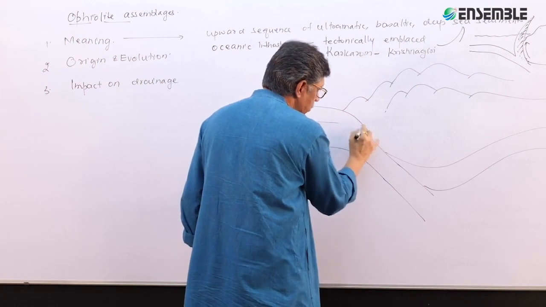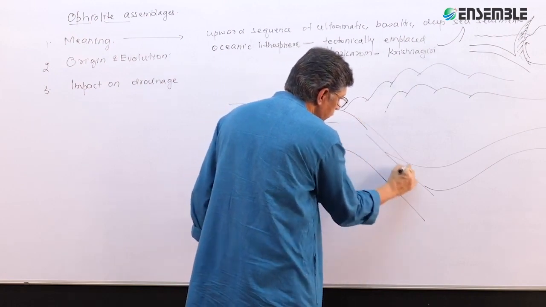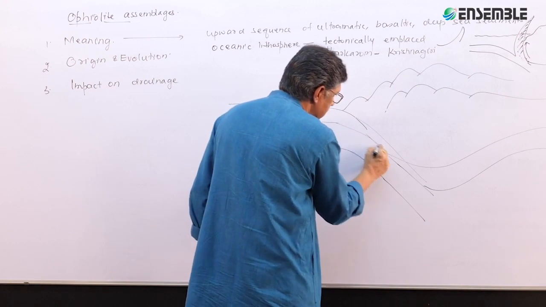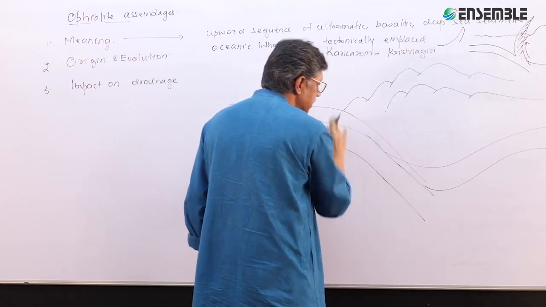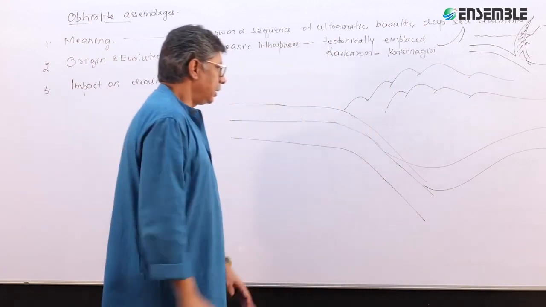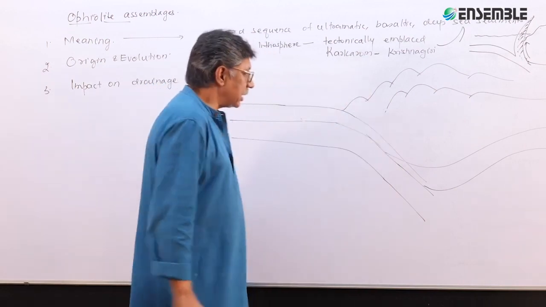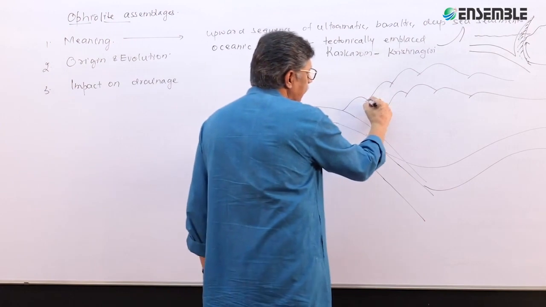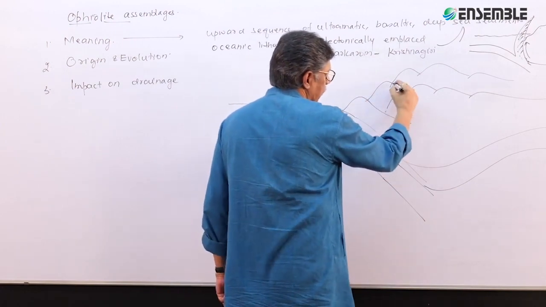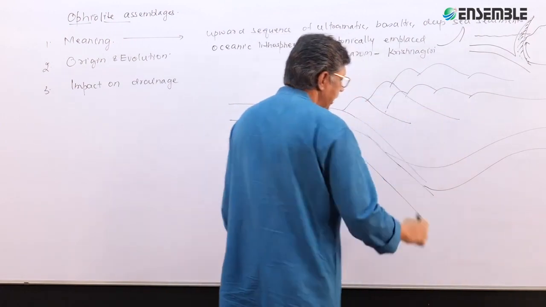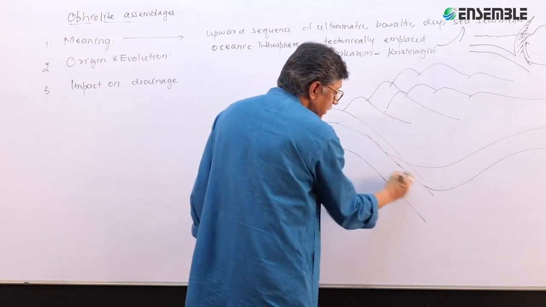Now, in this approach of India, certain changes took place. This is how India went inside it as well. While it was moving inside, a series of faults took place. One fault was here, another fault was here, and as it was moving inside,